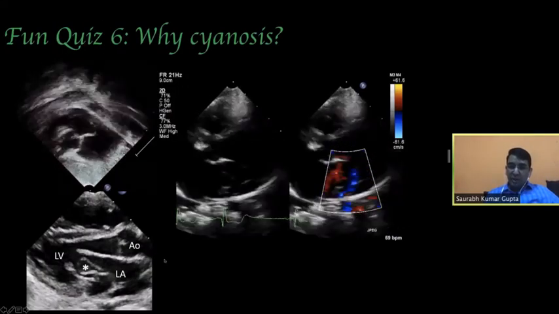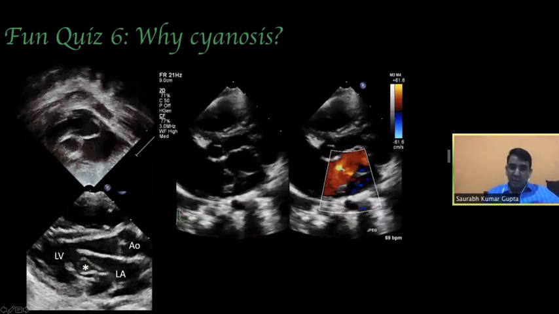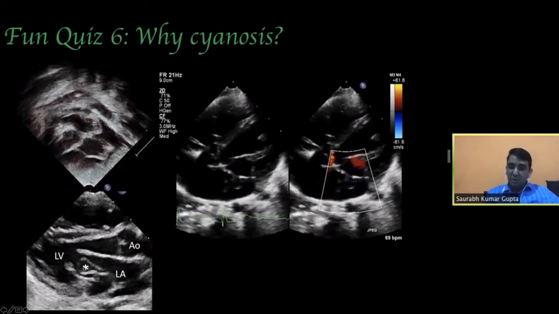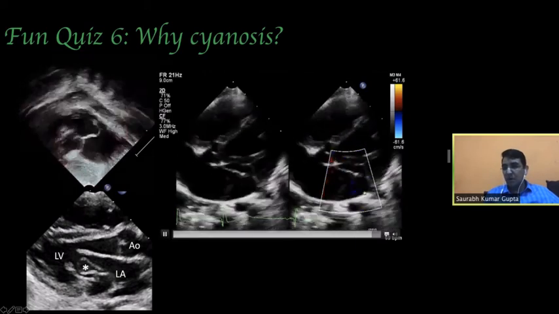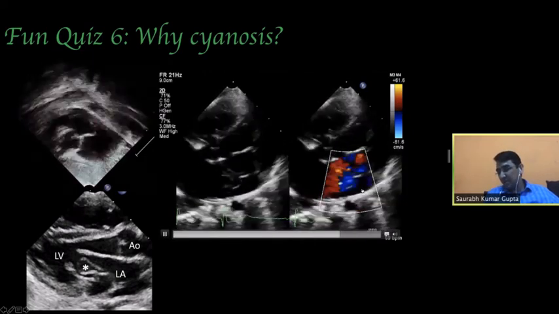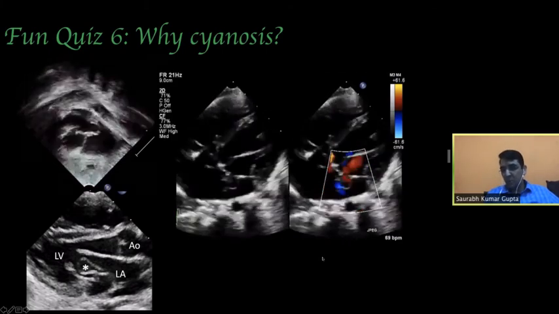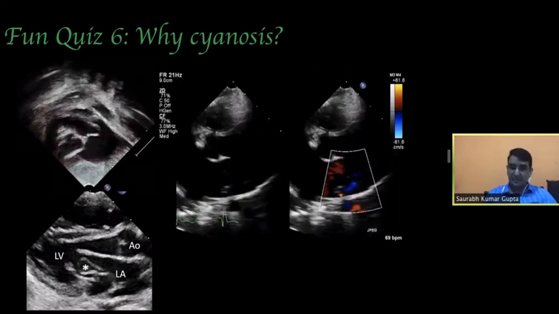And these were the echocardiograms. As you can see in this parasternal long axis view, this coronary sinus was quite redundant, and it was getting through the mitral valve into the left ventricle to some extent. And this was the color Doppler. As you can see over here, it seems all fine, the color flow in the coronary sinus is as good as you want. But then the question was, what is the cause of cyanosis?